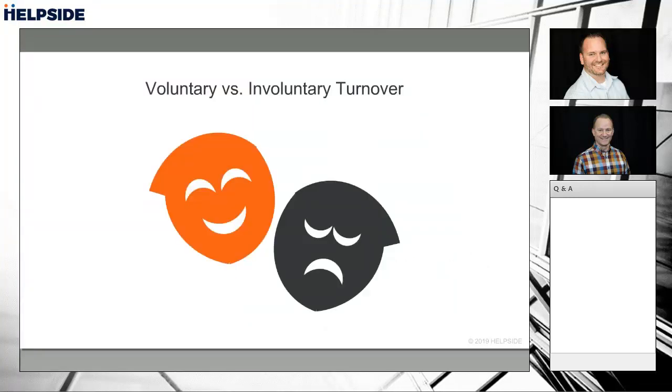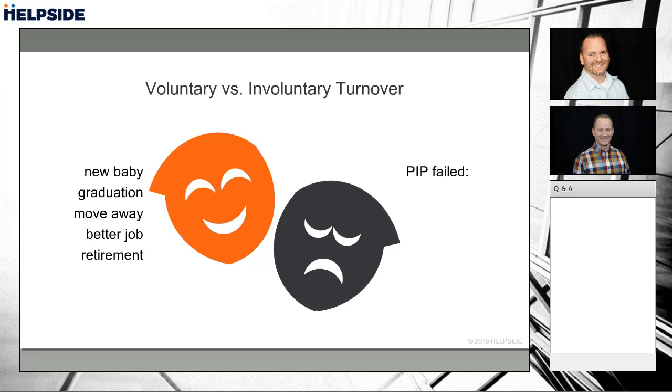We're going to talk you through both scenarios, the voluntary and involuntary turnover contained in that tool. Voluntary is basically when the employee says, I have other things to do. Maybe it's a new baby, maybe someone graduates and moves on, somebody moves away, they find a better job, can't imagine that, right? But sometimes they think they do, or retirement. So this is voluntary, where the employee resigns and voluntarily terminates the employment relationship.